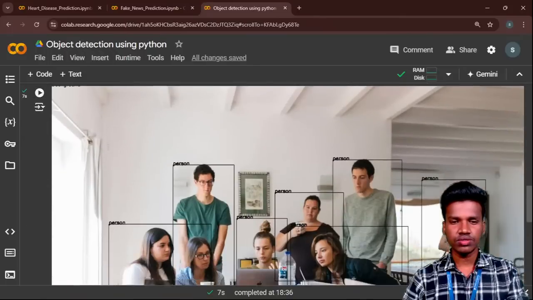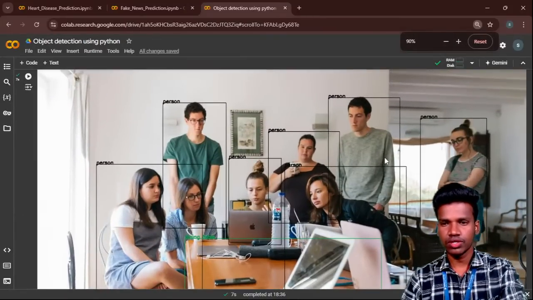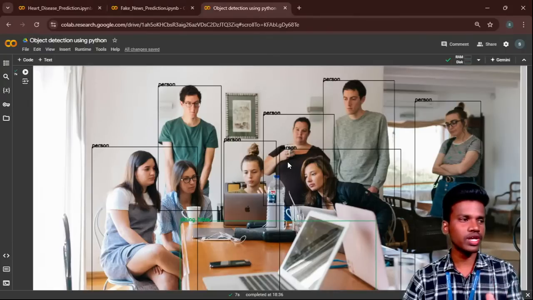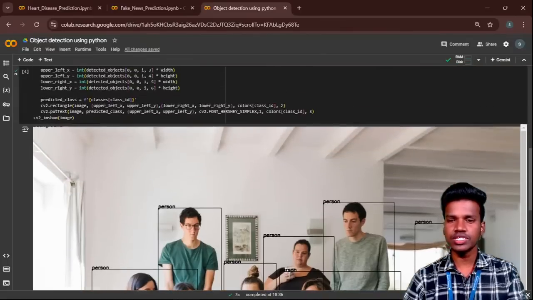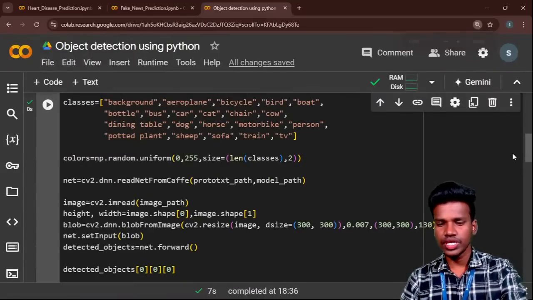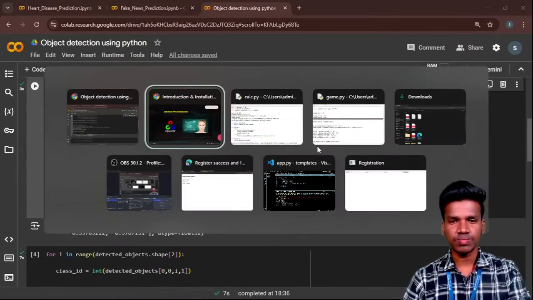So do you see that there are multiple persons there. It detects each person, like this person, this also a person. It doesn't mention gender, it's just detected as a person. And it's the same with the dining table, so the table is detected also. I mentioned the classes, and the classes present in this image are what my system detects. Okay. So this is the example for object detection as well as OpenCV, right?